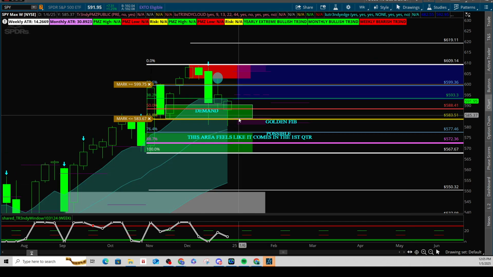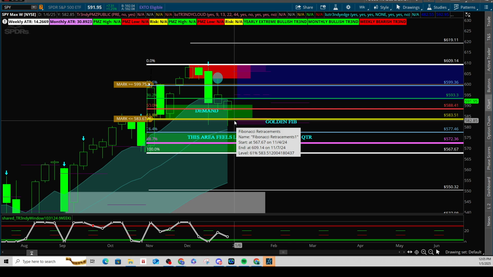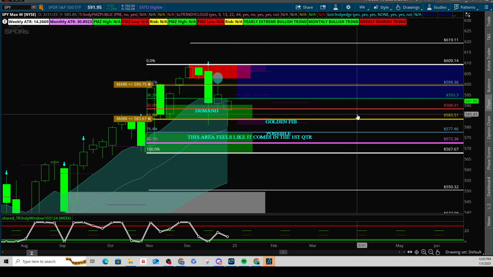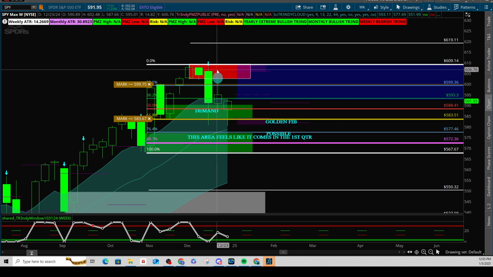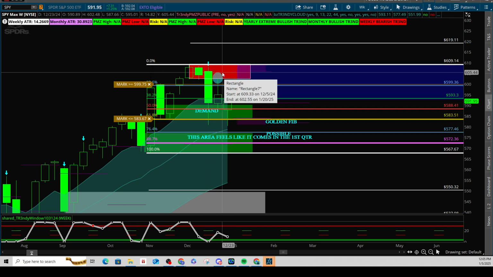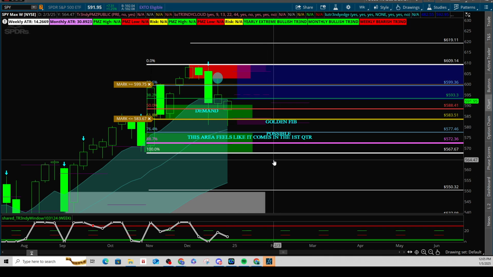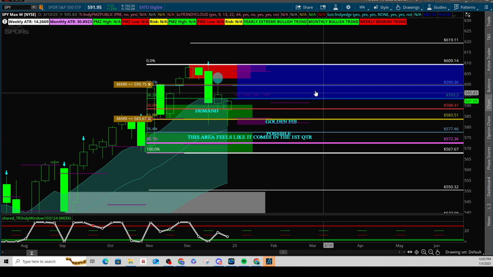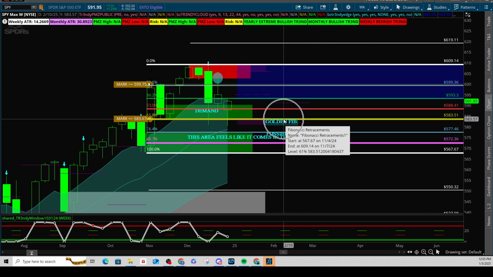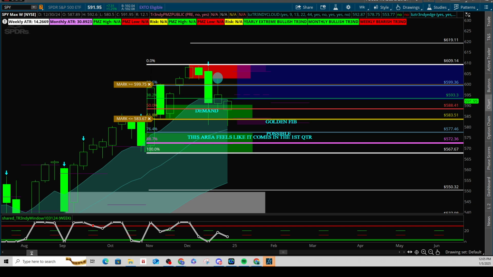So 583.5 is going to be a major level down here because if prices were to close under here, then we have a high probability that we will see down towards 572. Now you'll notice also I have this red box here. That's the supply zone that I talked about. That supply zone comes in at around the 600 level. So again, 599, 600 is your major level to the upside, and then to the downside, we want to see bulls hold that 583.51 level.